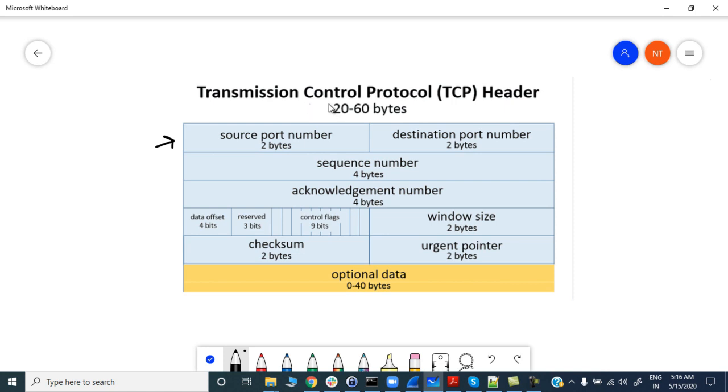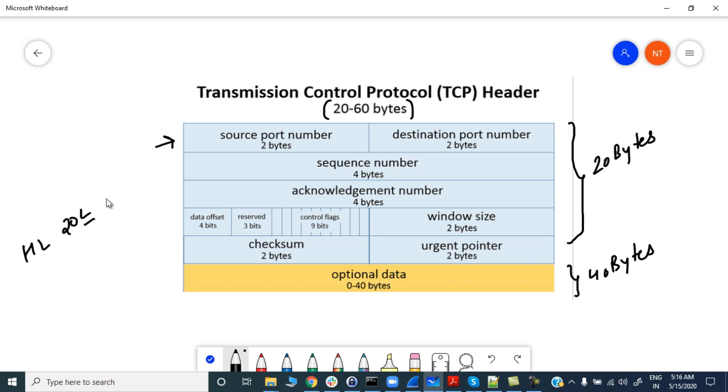Okay, so you can see the minimum size of the TCP header is 20 bytes and the maximum is 60 bytes, right? So this is the minimum and it could be 20 bytes, and the rest 40 bytes are optional data, so it could vary. So you would see in Wireshark that your TCP header length would be greater than or equal to 20, but it would be less than or equal to 60 bytes,